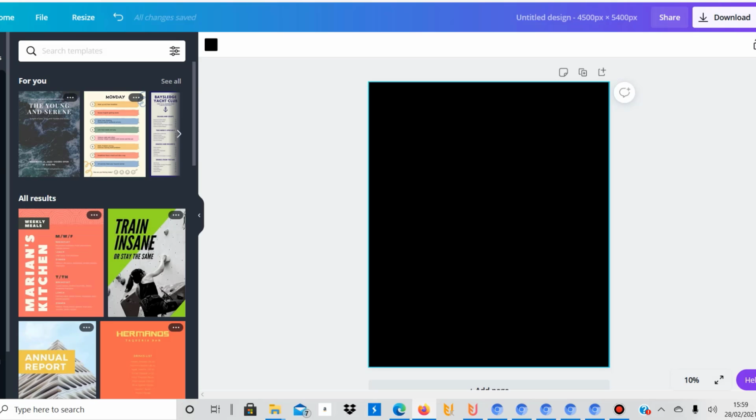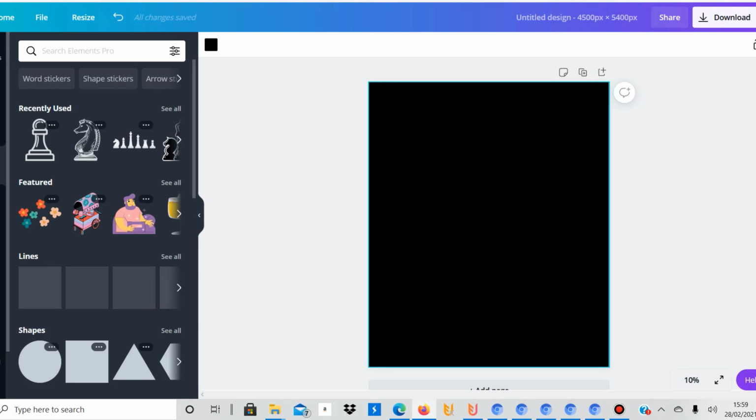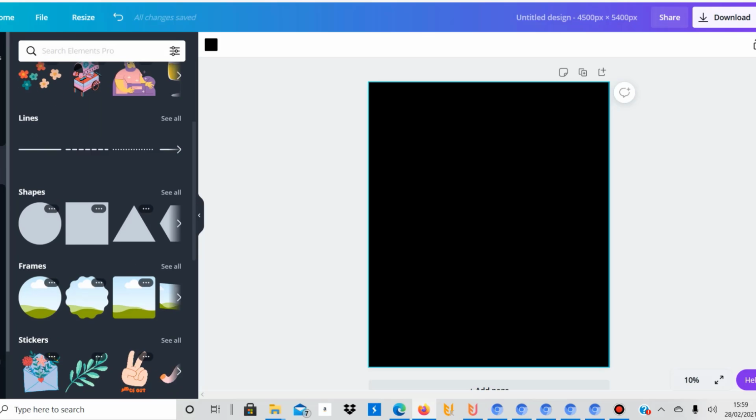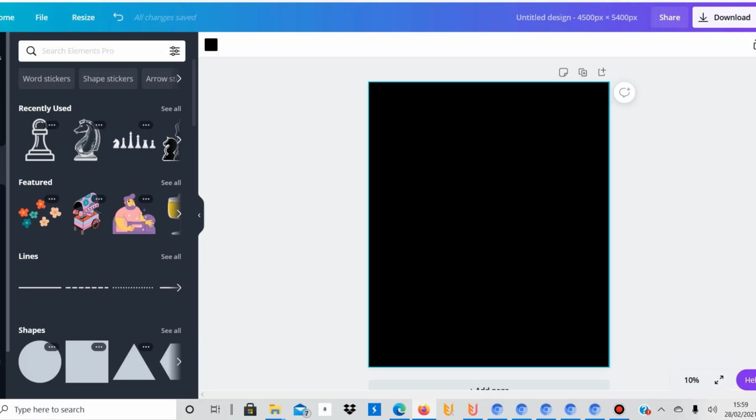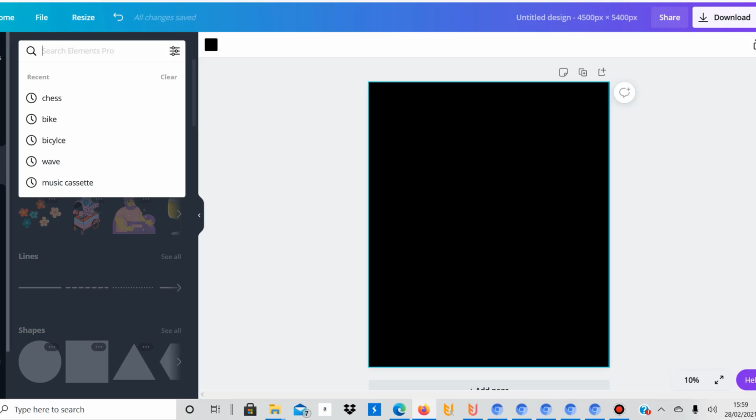What you can then do, you go to elements, and it depends on what niche you would like to go into. Obviously, Canva is not a research tool, but you need to have a broad understanding of what niche you go into before you actually start, because then, under elements, you can search for the images. So let's just assume we do something for the chess niche, and we do a very simple chess design. So you can search for chess,